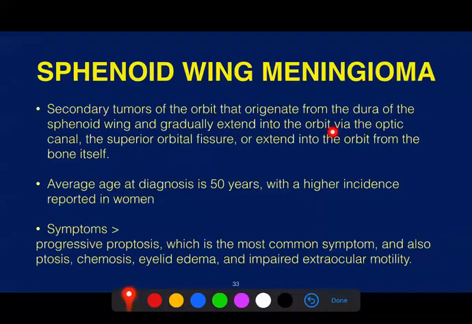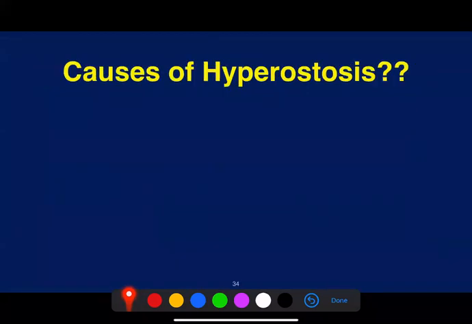Average age is 50 years with higher incidence in females. The typical symptoms are progressive proptosis, which is the most common symptom, but also blurry vision with optic nerve involvement. So you can see the trend in my presentation, because this is applicable not only in exams but also clinically. There are specific phenotypes that you need to know, because common is common, and you need to concentrate on what's common. So what are the different causes of